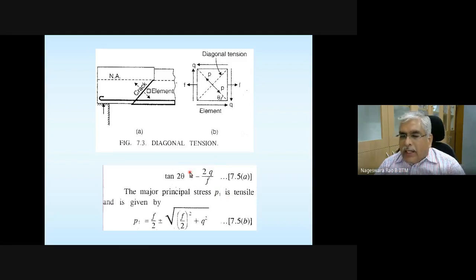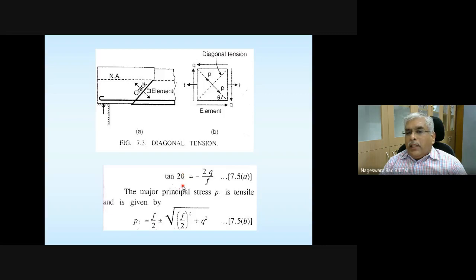To understand the orientation of cracks when you do a real experiment, once you come back to the campus, you may be doing some experiments in the structural engineering lab for an under-reinforced concrete section and an over-reinforced concrete beam. It is to understand or to correlate the crack orientation pattern with the theoretical concepts. These two equations are important.